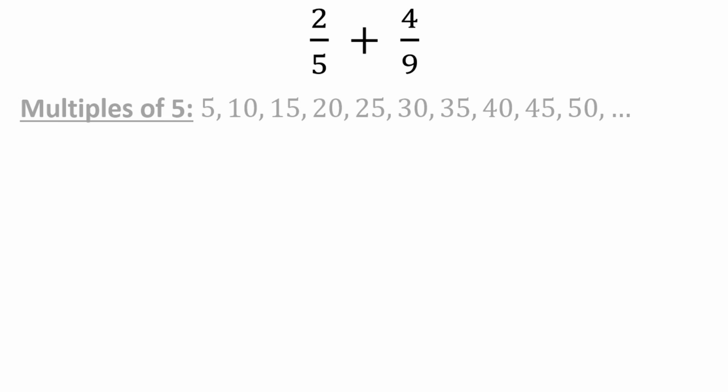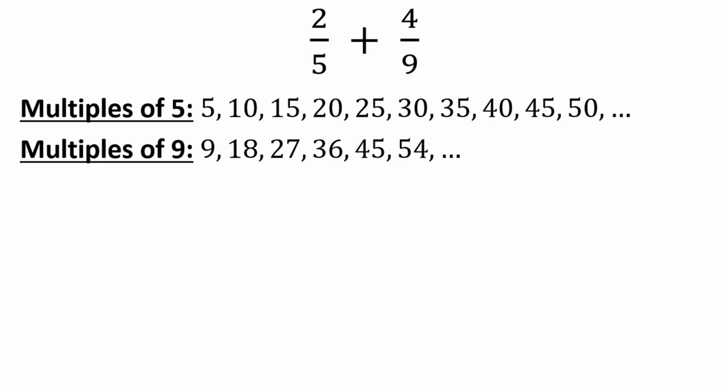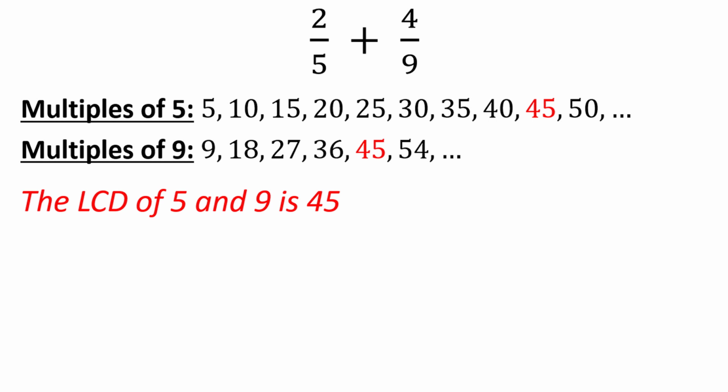So for example, if we had 2/5 and 4/9 that we would like to add together, we could list the multiples of 5 and 9 to find the least common multiple. We see that the smallest number in common to both lists is 45, which becomes the least common denominator, or LCD. That means we can modify each expression to get each term to have a denominator of 45 before we